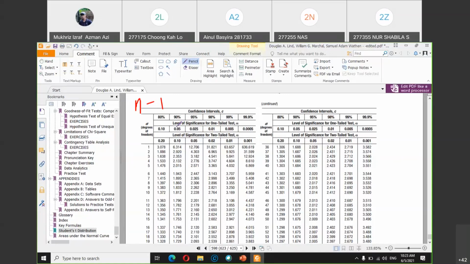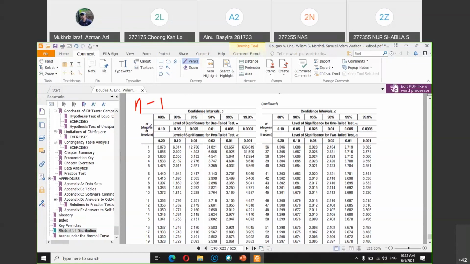One sample you take from the male group, another sample you take from the female group. Meaning you have two samples, one female, one male. Then if you're going to use two samples, the way you read the degrees of freedom will be slightly different. But in most cases, like the one that we are doing for the chapter on confidence interval, the way